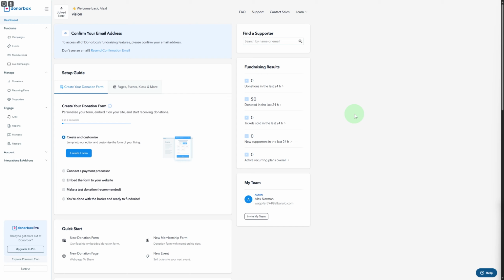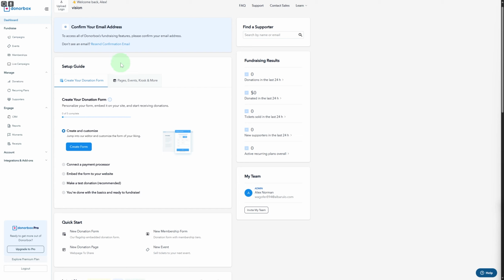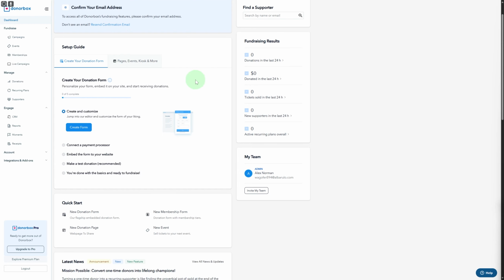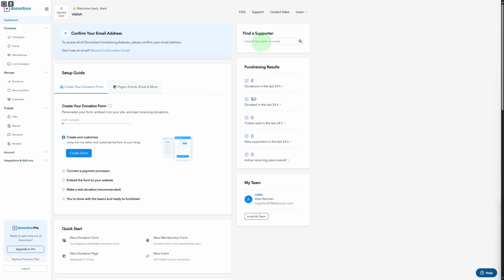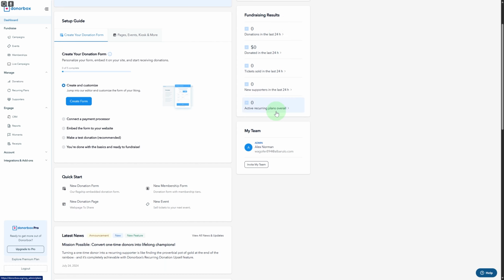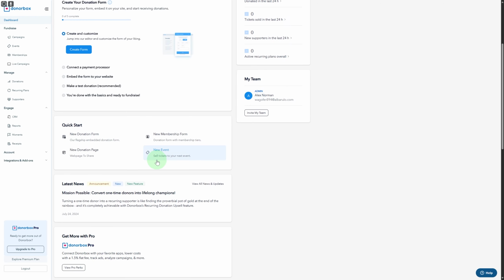Jumping onto the platform, you can see we are on its dashboard and we have our setup guide in here for a better kickstart. Now we have our find a supporter, so the listed supporters are going to be listed and you can see them in here by using the search option. You have your fundraising results that are going to be populating in here once your campaigns are up and running. You can add your team here, you can add team members, you have your kickstart and latest news and all